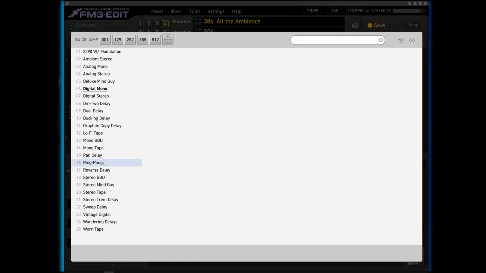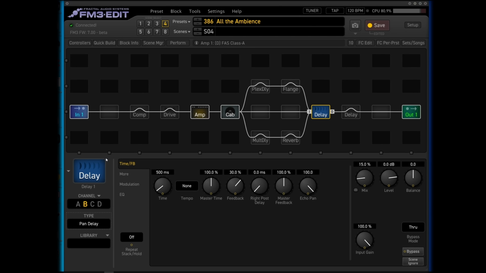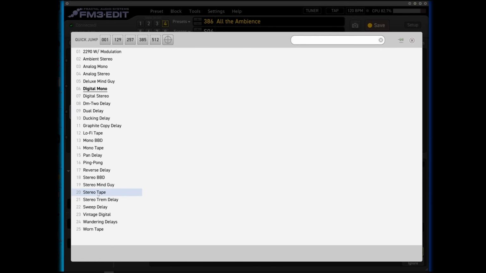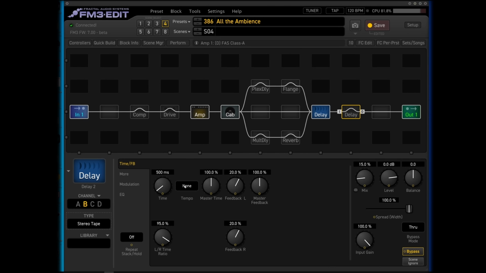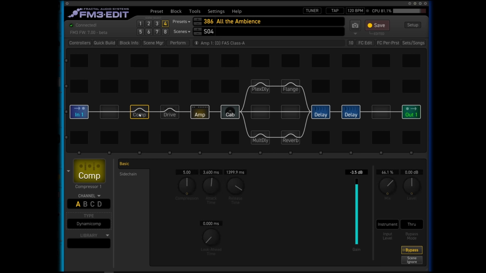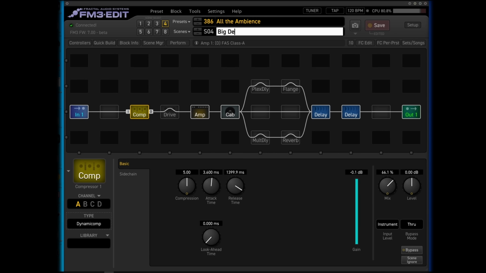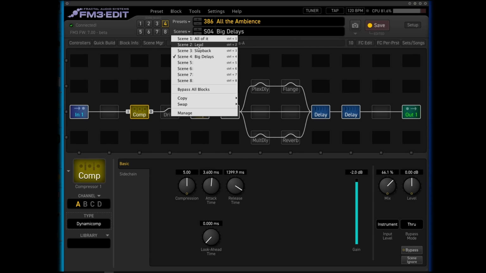Could run that even into a channel B here. I could even set this to be on a different, like a stereo tape. So basically you can see